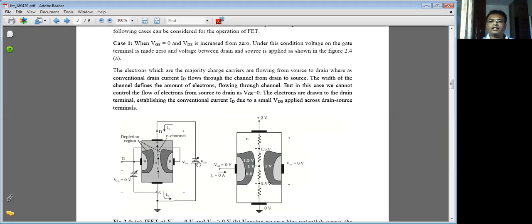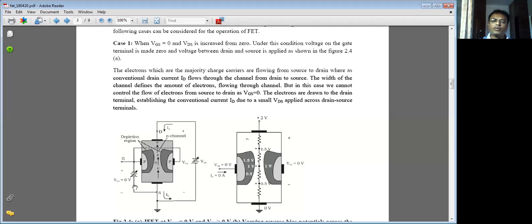So for the drain, here is an overhead tank. From the overhead tank, the water comes through the tap nozzle, and it goes through the sink and down to the ground. How to control this flow of water? In the tap, you have a knob. You can control the pressure of that water flow. Here, you can control the amount of current using the gate.